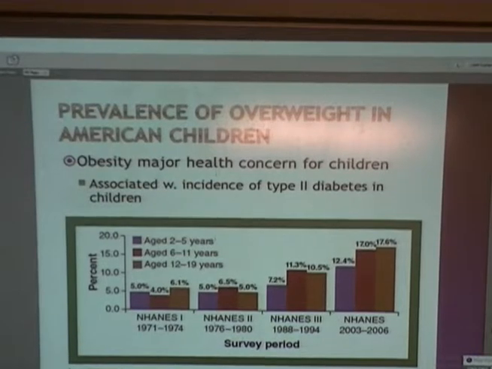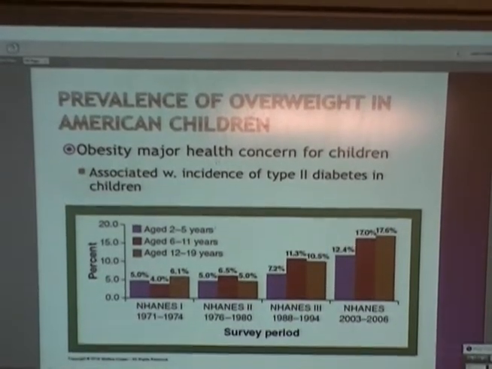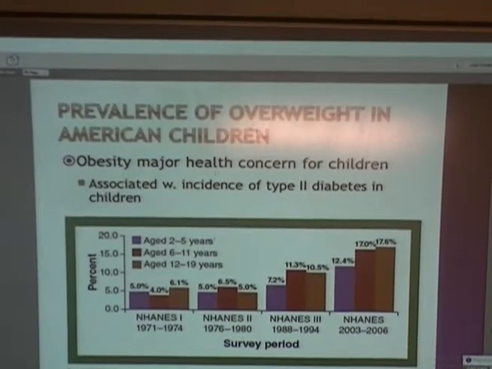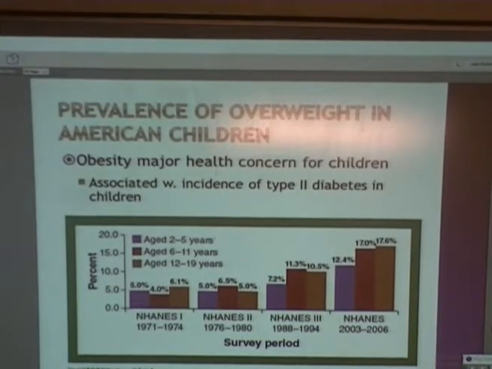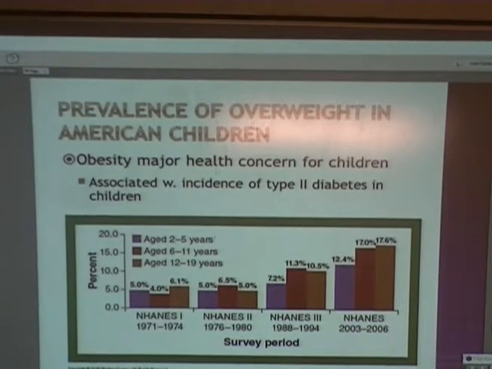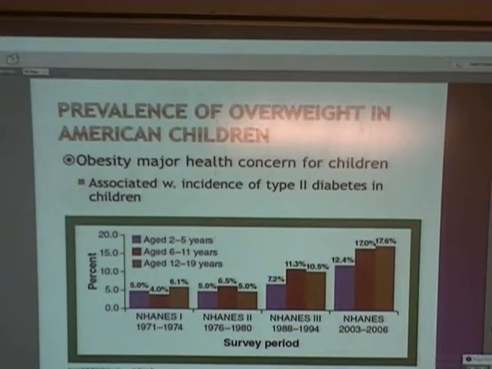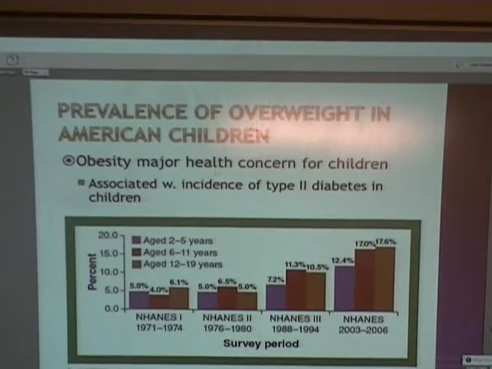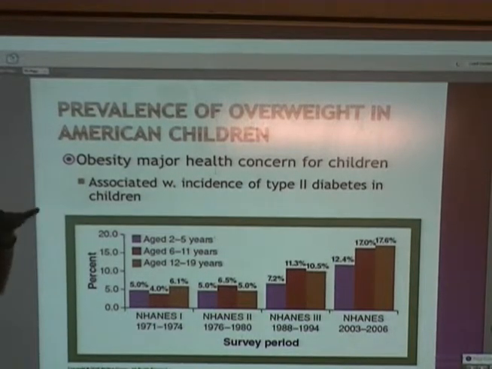And the problem is, even when it's stabilizing, the obesity levels within the stable overall number are going up. So everybody will go, oh yeah, we've stabilized at 30%. And we're supposed to be glad about that because we stabilized. What they don't say is, of the 30%, now 12% are obese, where only 8% were obese the last time.